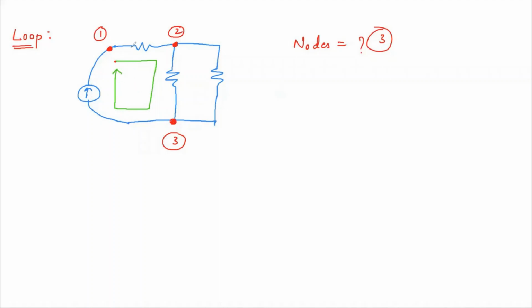Now let us say I am going this way and ending here. Is this path called a loop? No, sir. No, it is not called a loop. I am starting at this point and ending at a different point, so it is not called a loop. A loop means it has to start at one point and end at the same point. Then only it is called a loop. So this is the definition. Now we are done with the loop.